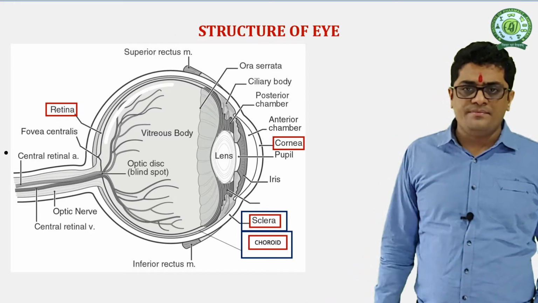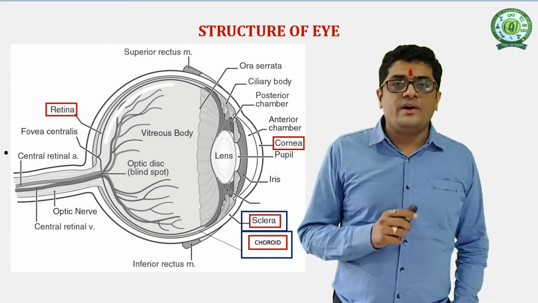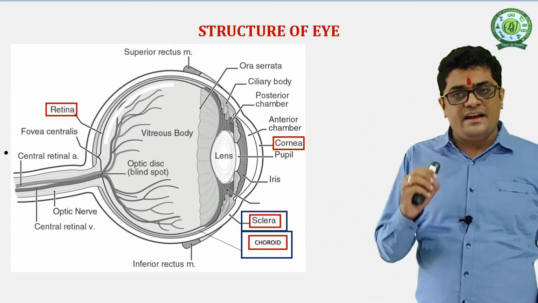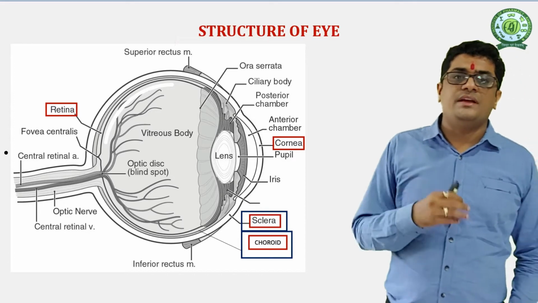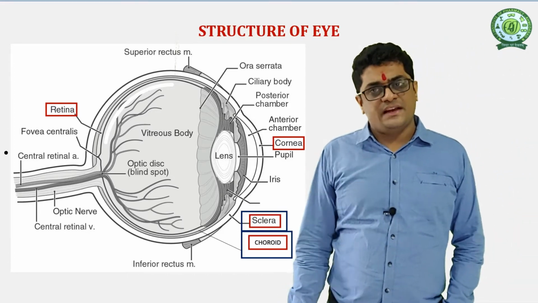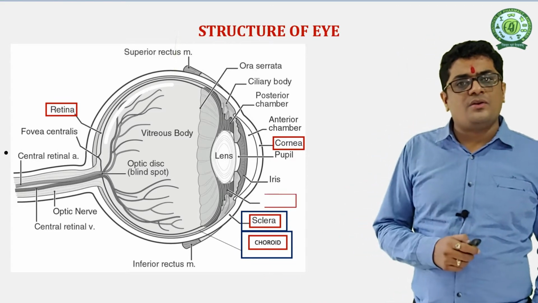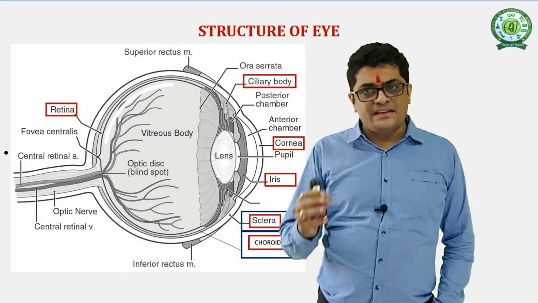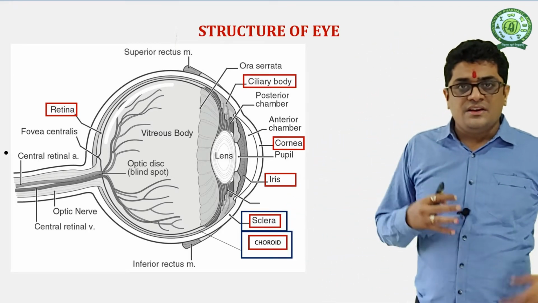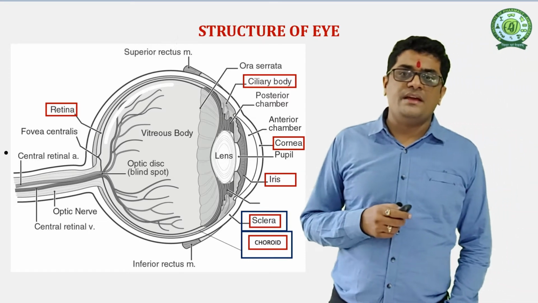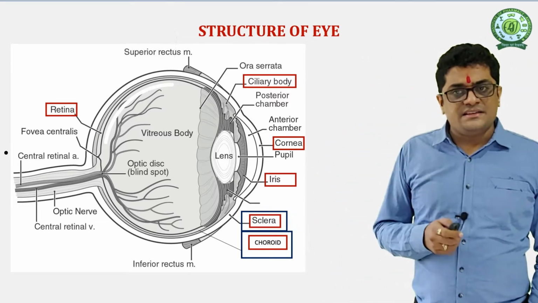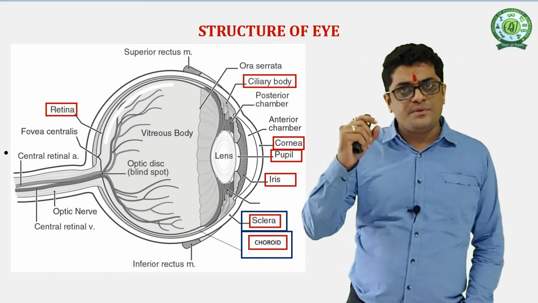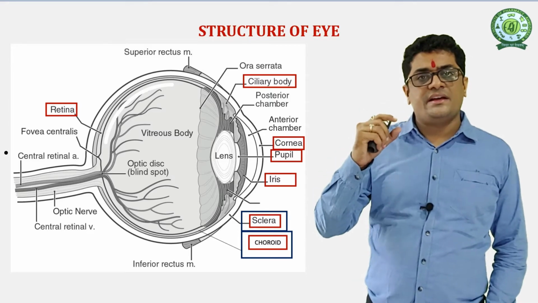The second one is the choroid. The choroid is the second layer. This choroid layer is the pigmented layer of the eye, and it is a thick layer which supplies nutrients to the retina as well as the sclera. The anterior part of the choroid possesses the iris and the ciliary body. The iris and the ciliary body are attached to the lens with the help of a ligament. This iris has one opening in the center, known as the pupil, and the size of the pupil increases or decreases when the light is focused.